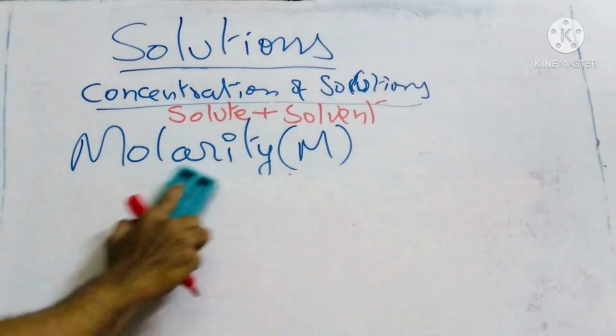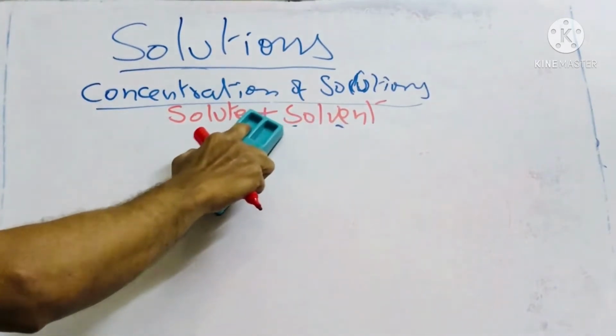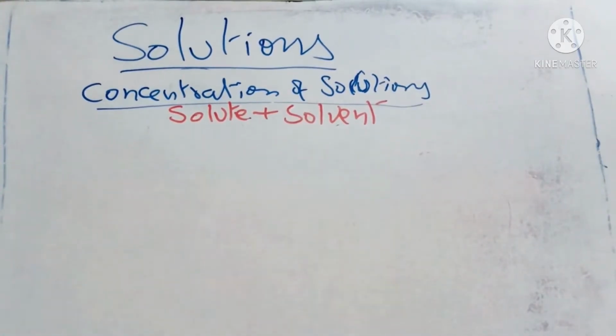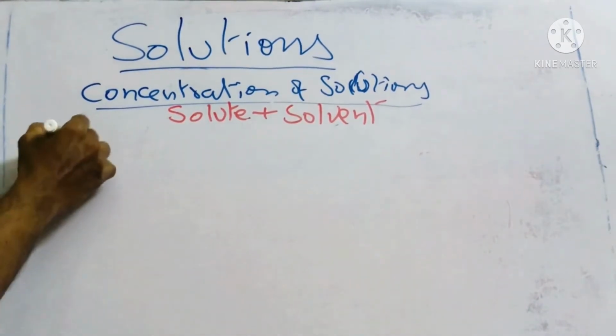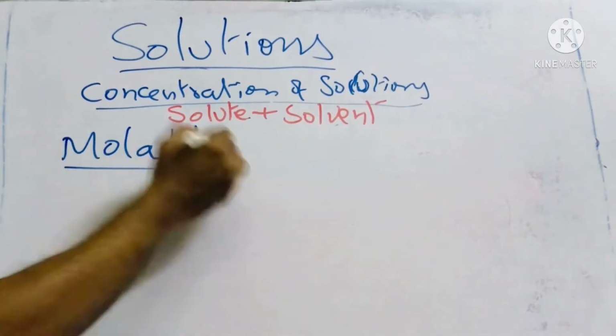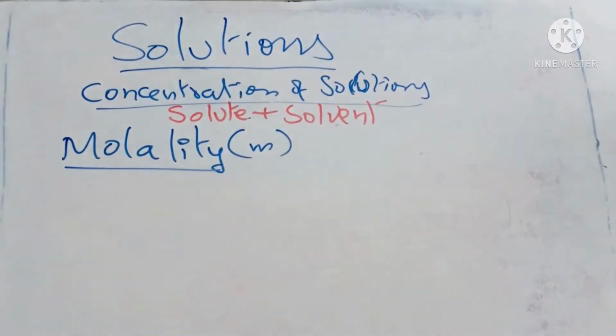This is one important thing to remember, as it will be useful when you want to compare molarity and another one, molality. So this is all about molarity. This is one way of representing the concentration of a solution. Next is molality. This is molality, which you can represent with a small m. The previous one we represented with capital M, and now we represent with small m.